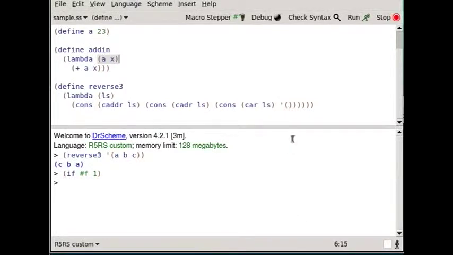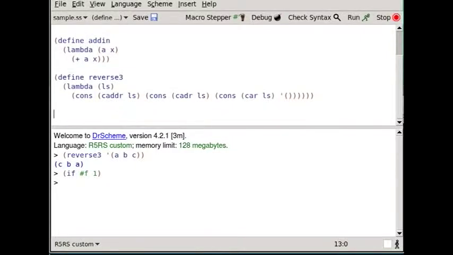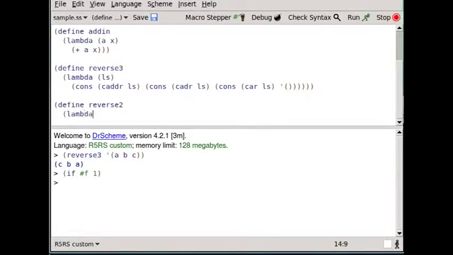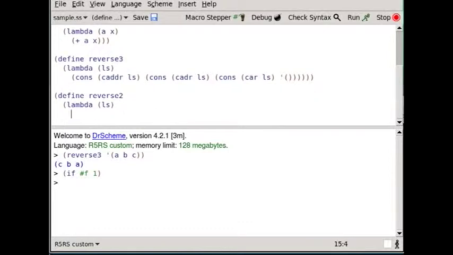Alright, well, we're going to do just a bit more on functions right now. So let's simplify this down a bit and let's just do define reverse 2, which I think will be a lot easier to understand. Alright, so we got a list like this,